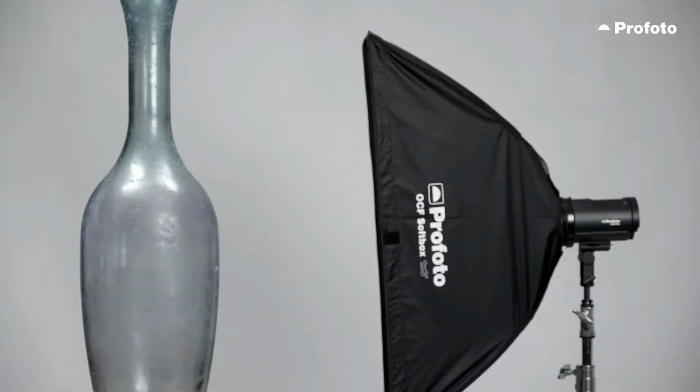Now, the idea behind using a softbox is softboxes are meant to be used really, really close. So you want to try to get a softbox that you can keep as close to your subject as possible while staying inside the frame. So generally, when you're shooting full body stuff of a person, 1x4 is the minimum I would say go. But ideally, you would use something like a 1x6. So right here,